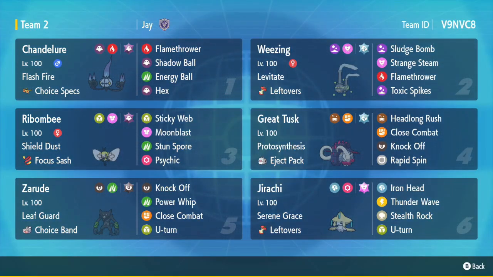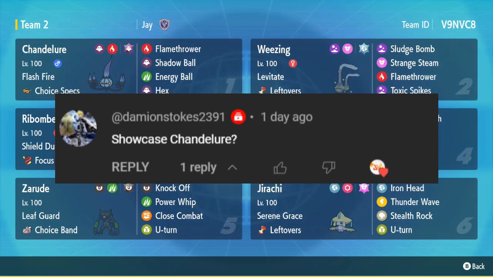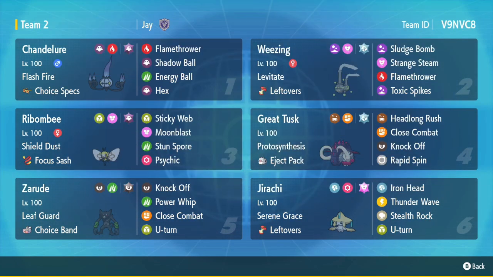We are here with another Pokemon Scarlet and Violet Wi-Fi battle here in the Teal Mask DLC, and as requested by Damien, we got Chandy, none other than Choice Specs Chandy. Chandy's just a really cool mon, one of my favorites. It's shiny, is the GOAT because it has orange flames, and my favorite color is orange, so we have a bias towards Chandy. It's a Gen 5 mon, and y'all know I rock with Gen 5, but without further ado,